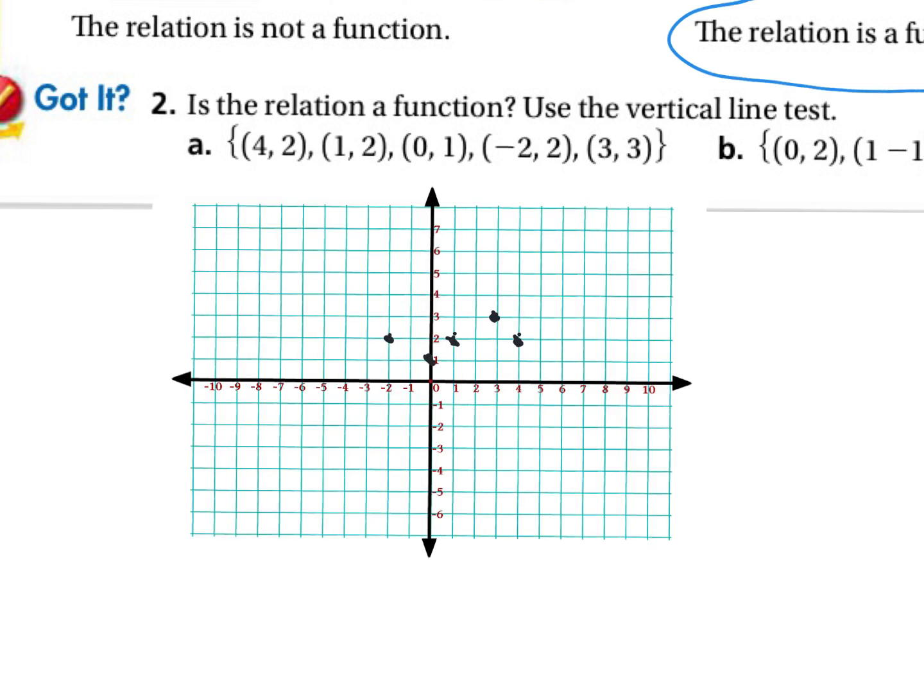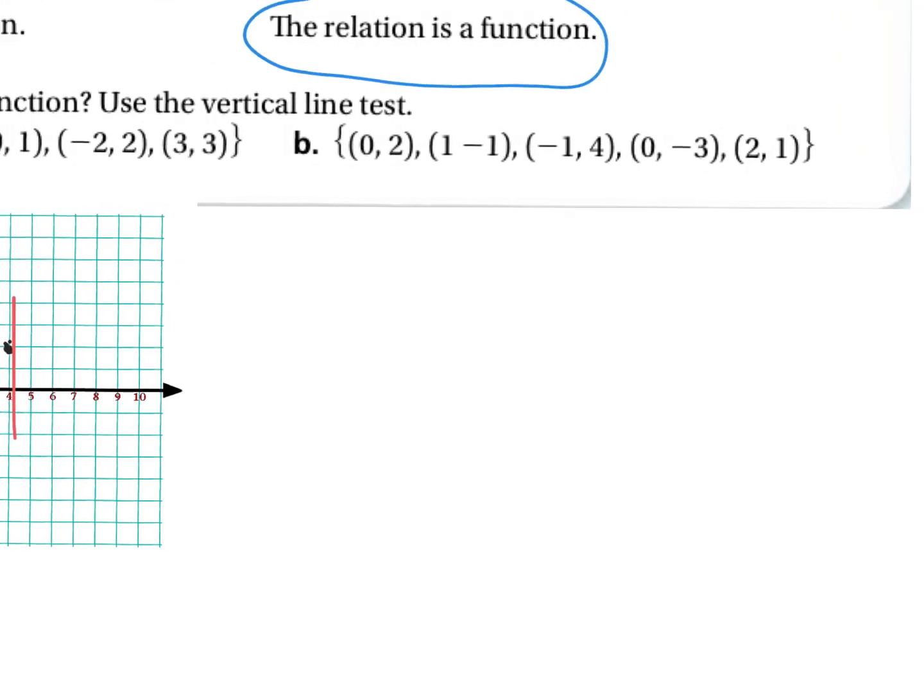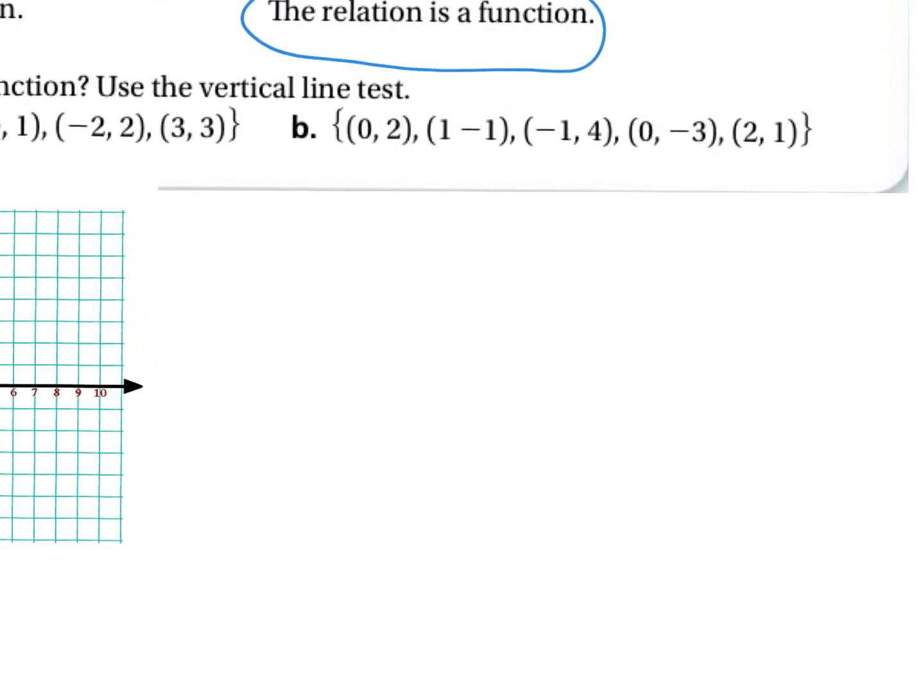So for part A, if we graph those points out, you can see if you draw vertical lines where those points are, they're only hitting one point, so that is a function. So we could say yes, it is a function. And then part B, similar idea. If we graph this,